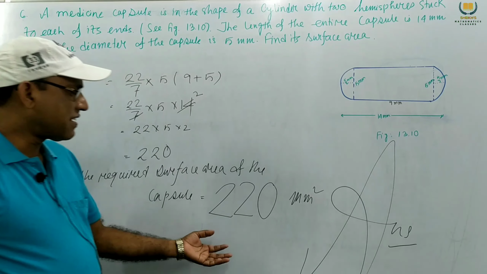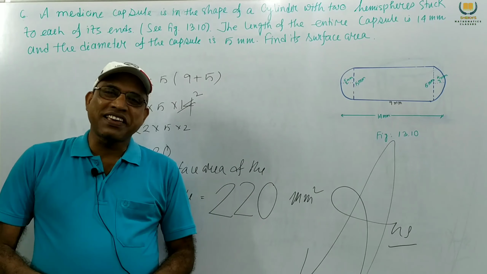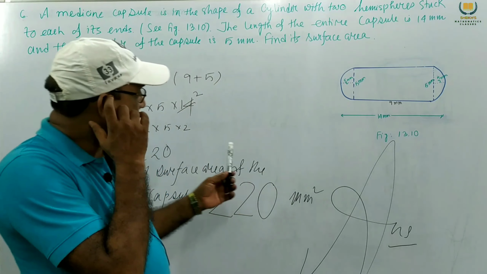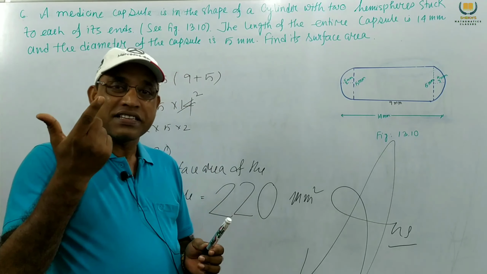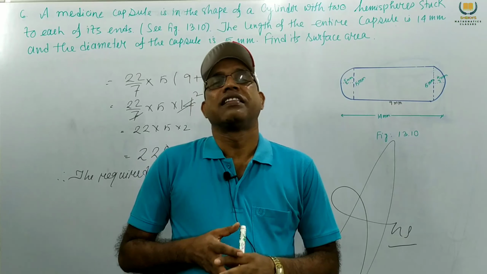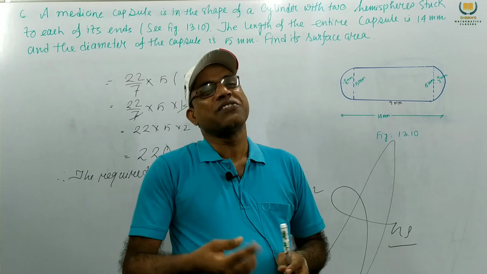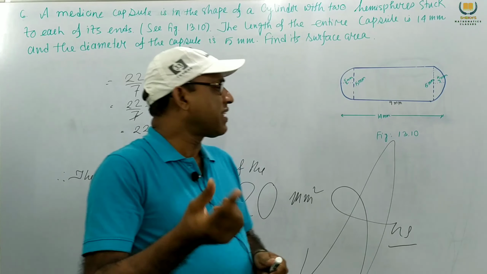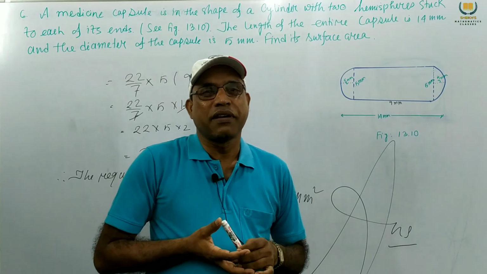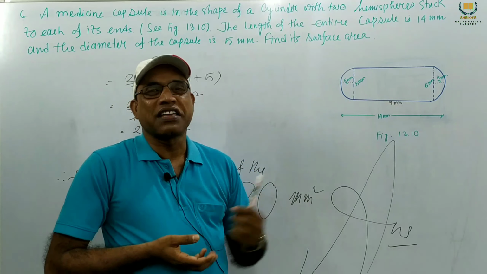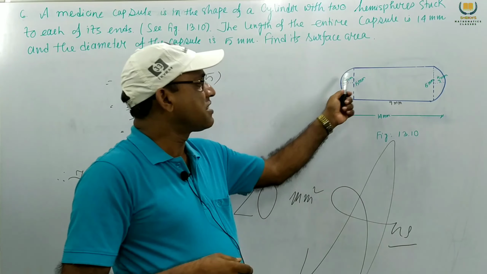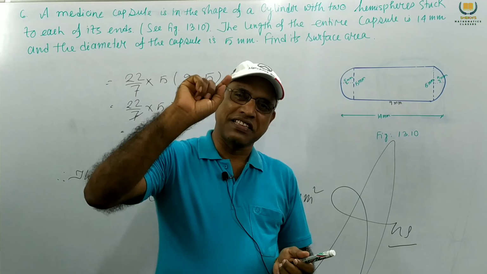So very nice answer. Today we stop here. Dear students, we know the capsule, medicine capsule we know. So this is the capsule. So we get easily the surface area of the capsule. You can find one from medicine, from pharmacy or any other medicine store, you can take one capsule and easily find the surface area of the capsule, but this is small. The figure is big, but actually it is just like this.